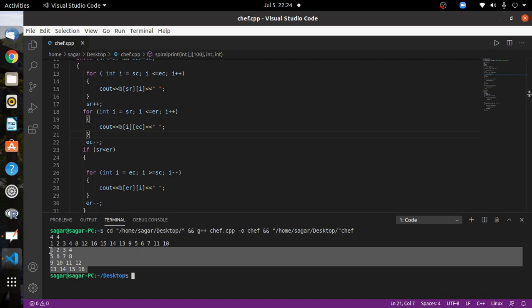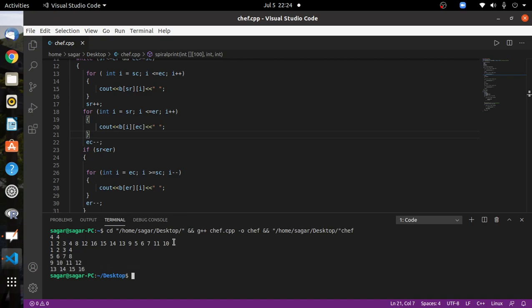You can see that it is printing 1 2 3 4 8 12 16 15 14 13 9 5 6 7 11 and then 10, and then it is ending, right? So it is working fine for our input 4 comma 4.